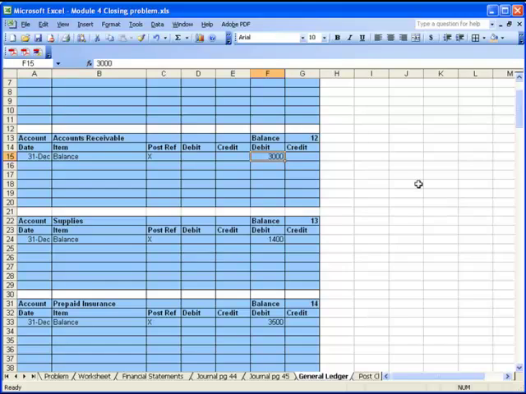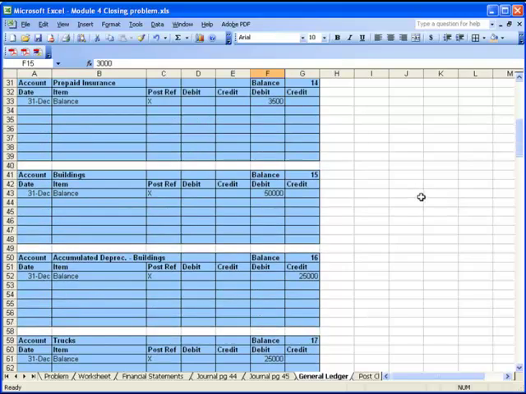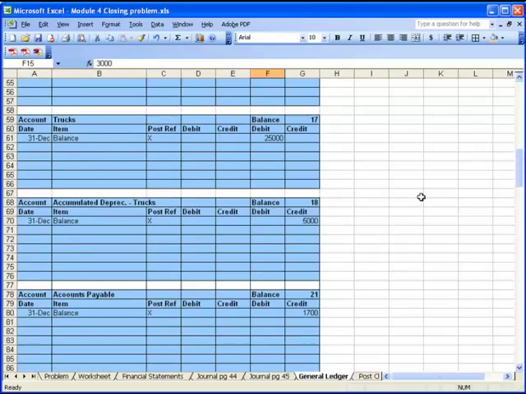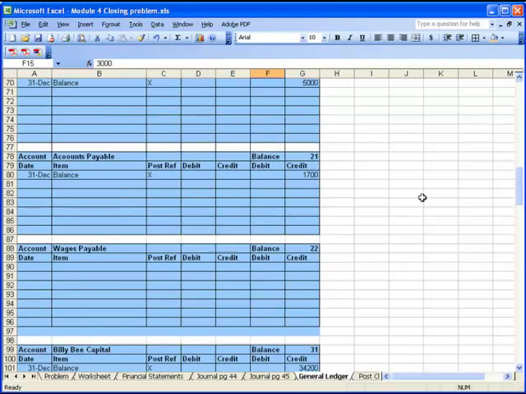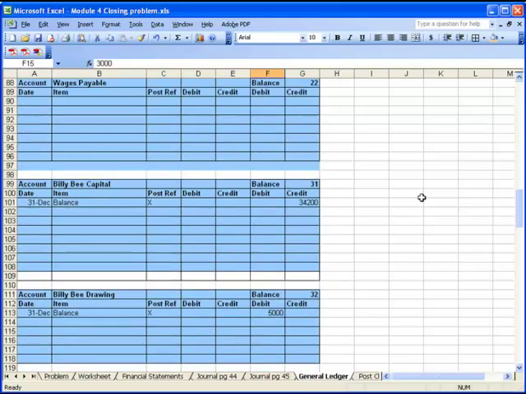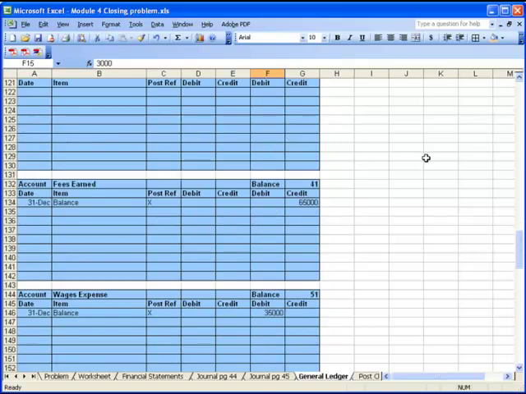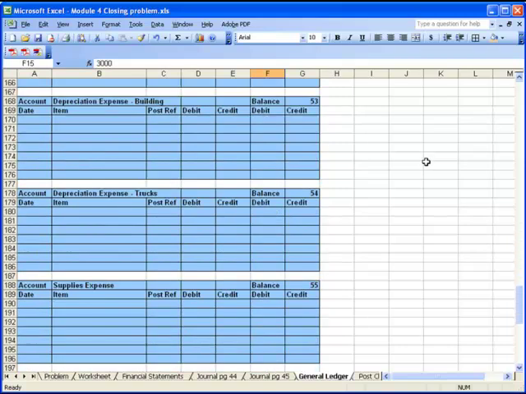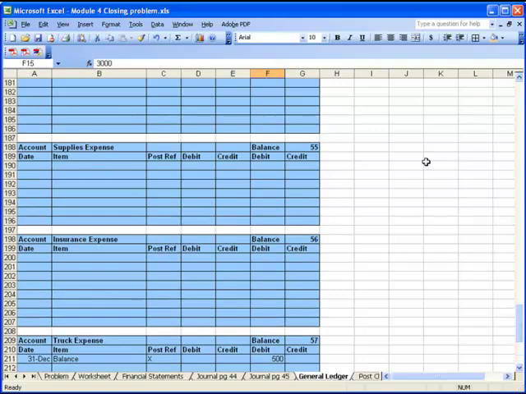You can see in my general ledger, all my accounts that have balances from the trial balance are transferred here. If they were a debit in the unadjusted trial balance, they're a debit here. If they were a credit there, they are a credit here. We see wages payable had no balance, so there's no entry. My capital account balance, etc., etc. So I see I've updated my general ledger and accomplished the first task that I have in hand in order